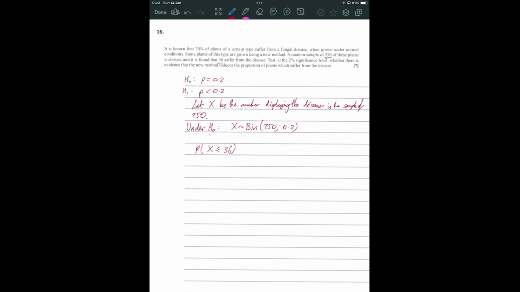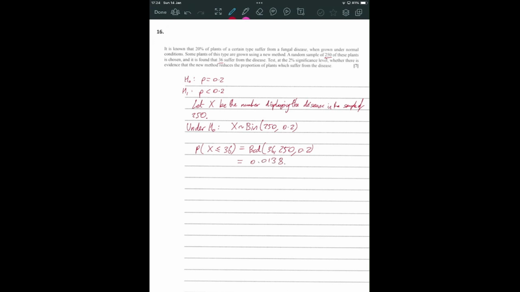We've also done that logically. If we're trying to reduce the proportion which suffer, more extreme would be even lower than that. So that's another BCD. This time it is a less than already, so I can just put in the inputs 36, then the n, then the p,